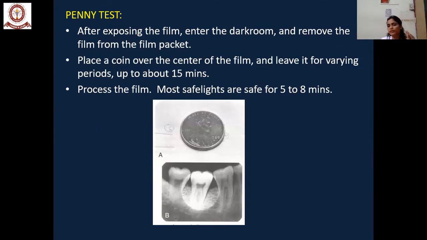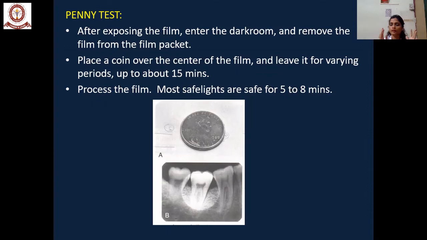Generally, the filtered safe lights with the GBX2 have a minimum of 5 to 8 minutes of safe light capacity. If you keep a coin over the exposed film and wait for 5 minutes, and if you can see the image of the coin after processing the film, even before 5 minutes, then the GBX2 filter is not safe.